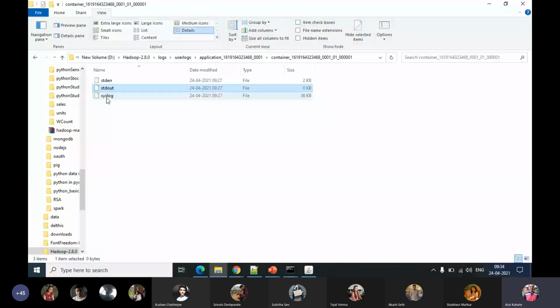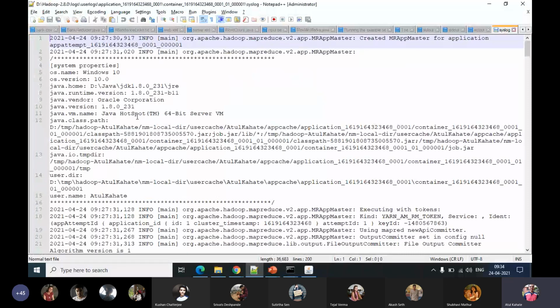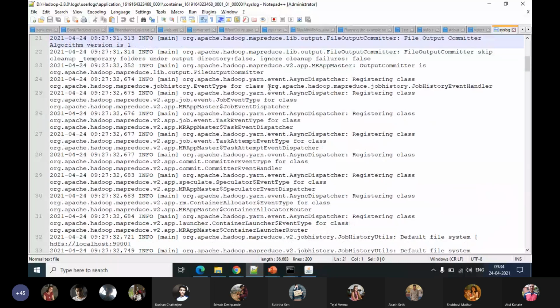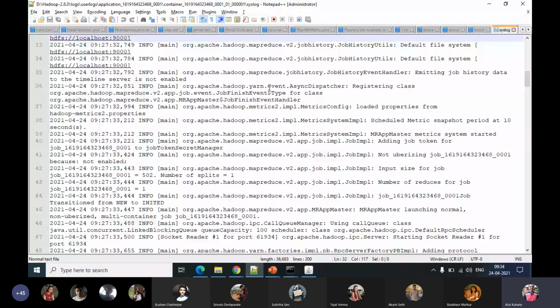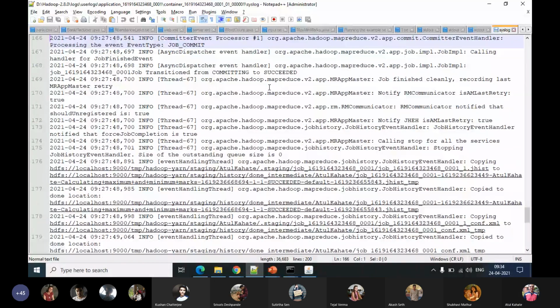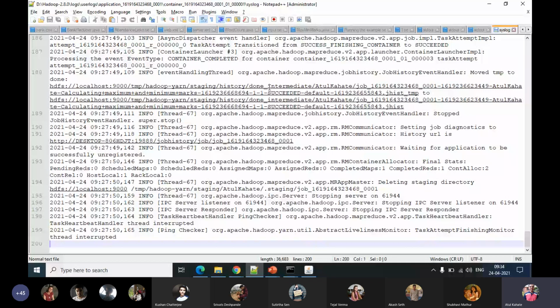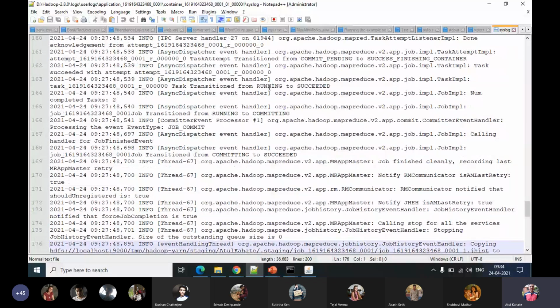And the log will tell you that it is being run, all the steps, etc. So what all steps it is executing in order to run this. This may not be so useful, but I'm just showing this to you that in case things are not working and you have to track why something is not working, this could be useful.